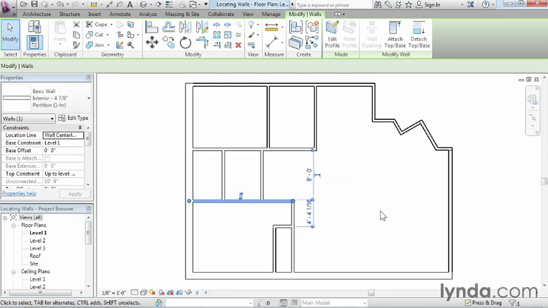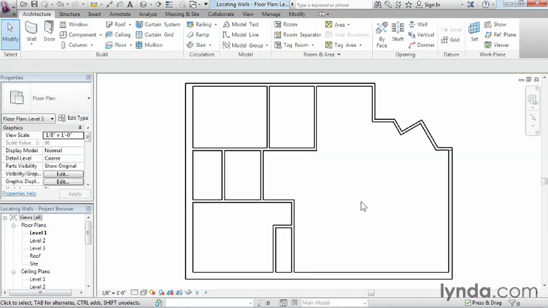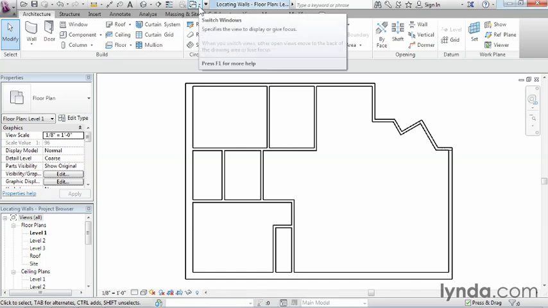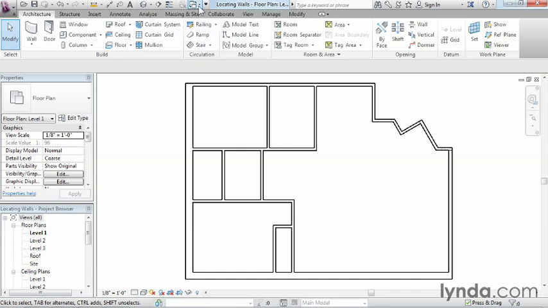So it's really important that you always start by selecting the object that you actually want to move before you edit the dimension. Now this is moving along just fine, and I could continue in this fashion to position the rest of the walls, but it might be feeling a little tedious to have to constantly move those witness lines. So what I want to talk about next is a setting that we can modify to change the behavior of our temporary dimensions. In the background here, up here at the very top of my screen on the QAT, I have my Switch Windows command,